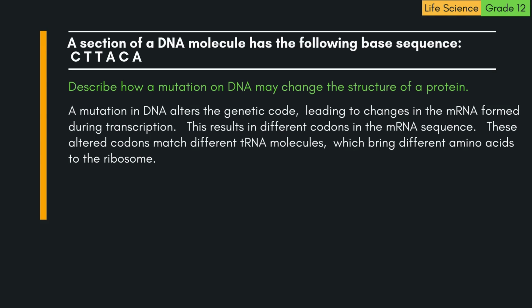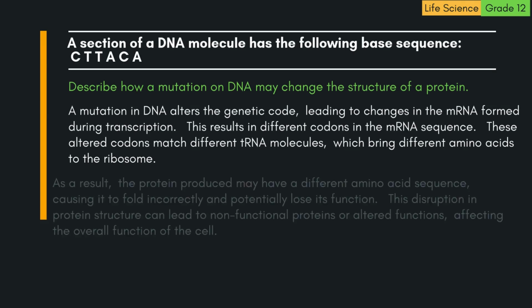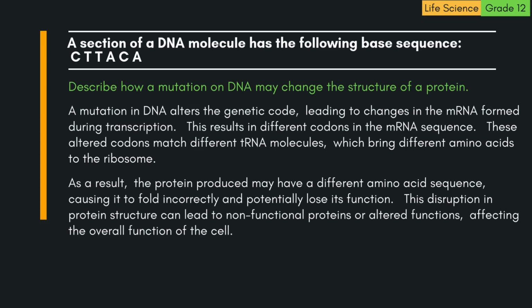This results in different codons in the mRNA sequence. These altered codons match different tRNA molecules, which bring different amino acids to the ribosome. As a result, the protein produced may have a different amino acid sequence, causing it to fold incorrectly and potentially lose its function. This disruption in protein structure can lead to non-functional proteins or altered functions, affecting the overall function